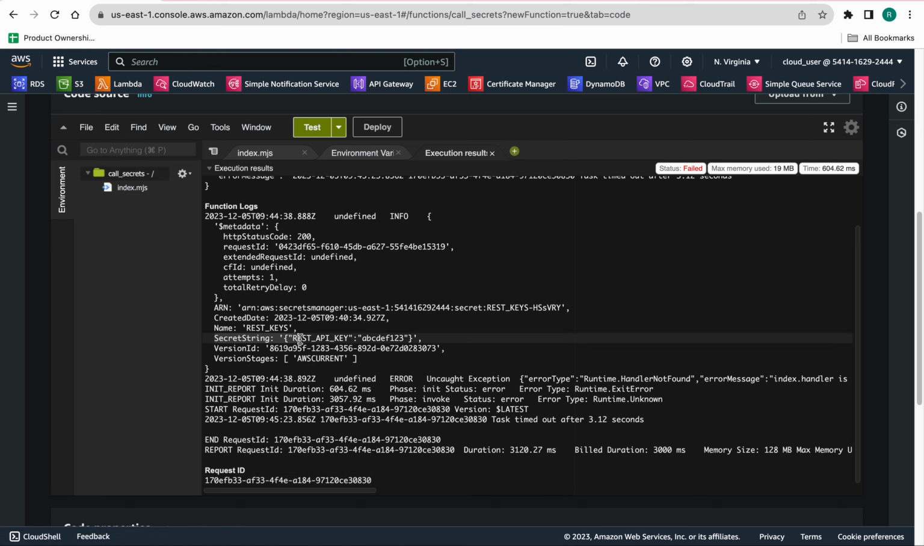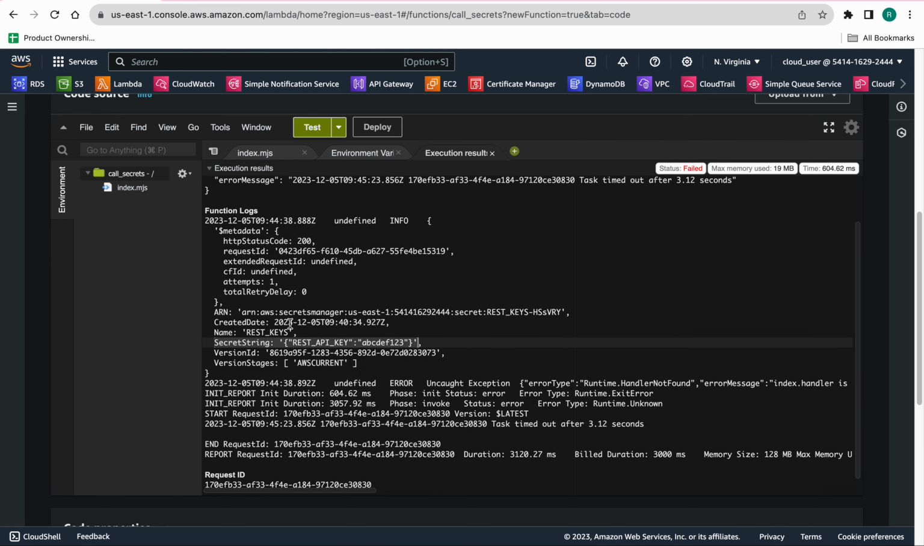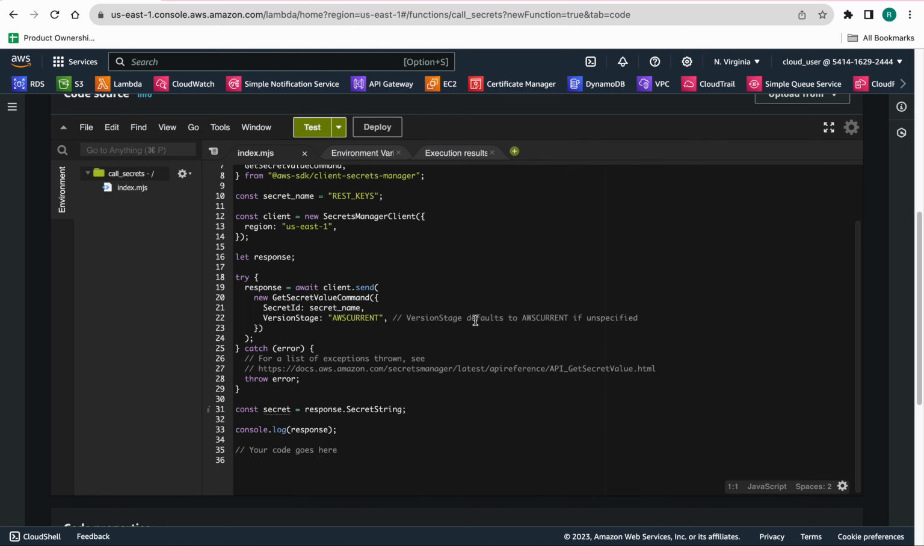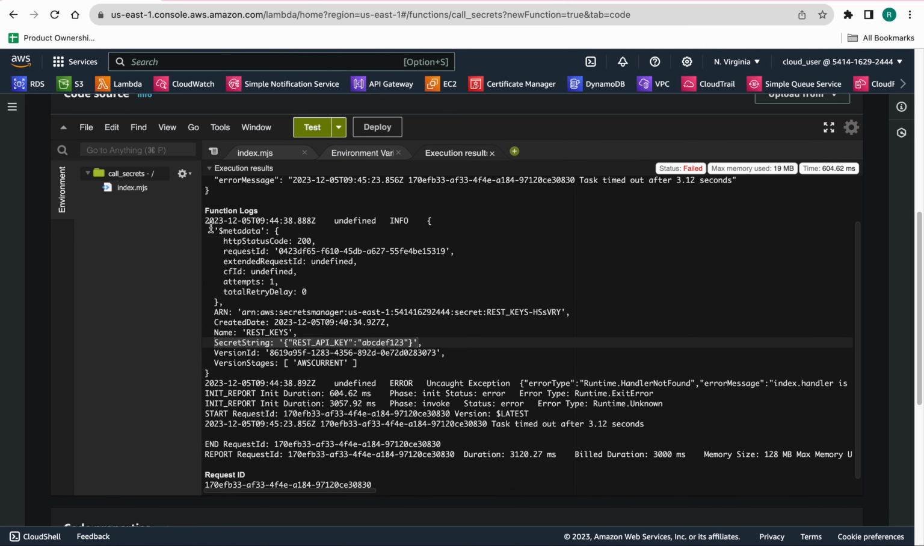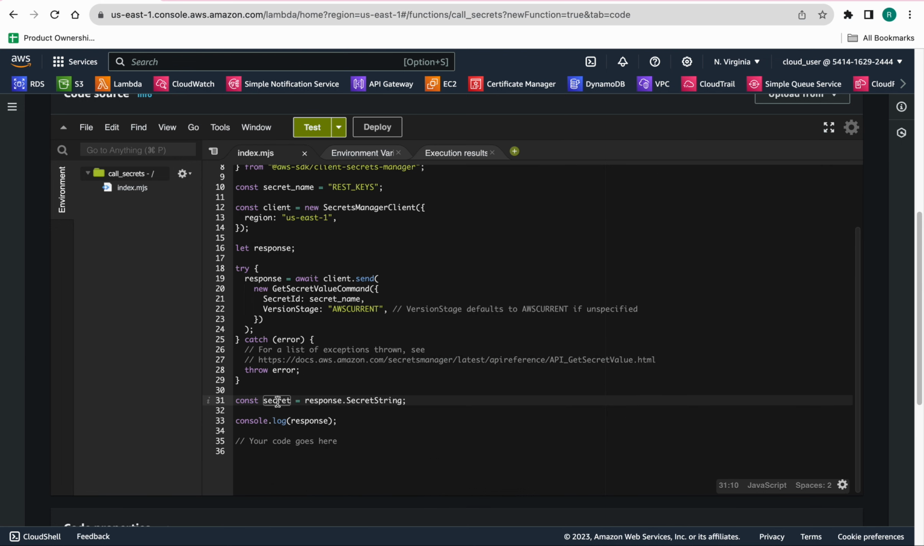See, the secret string, the REST API key, ABCD. So in this way, we are able to retrieve those secrets and utilize them in our code base instead of hard coding them within the code base itself. So here I'm printing the response. Everything has been printed like this, metadata, ARN, everything. If I want to print only the REST API key, I can simply print this secret here